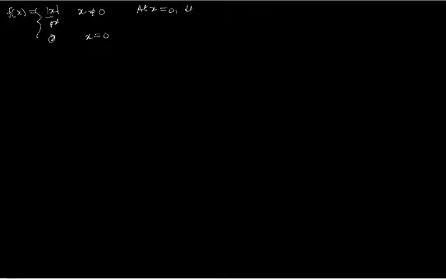What is your left hand limit? Left hand limit means limit of x tends to 0 minus. It means you are actually talking about x less than 0, so x is not equal to 0. So the value of the function is mod of x upon x. But since x is less than 0, mod of x would be minus x. So this would be minus x upon x, which is equal to minus 1.